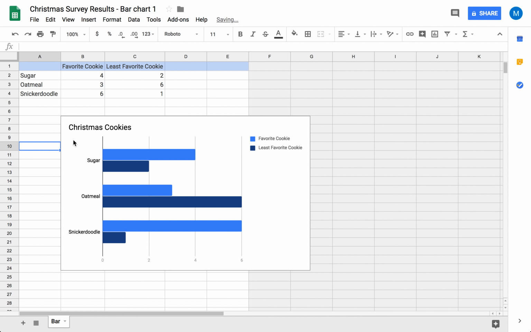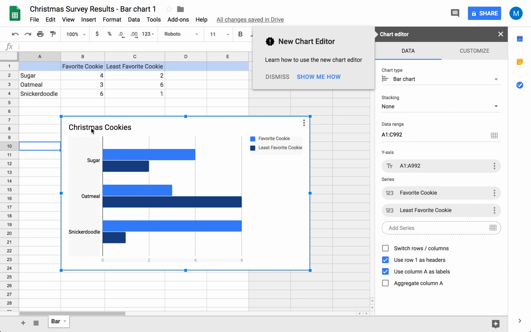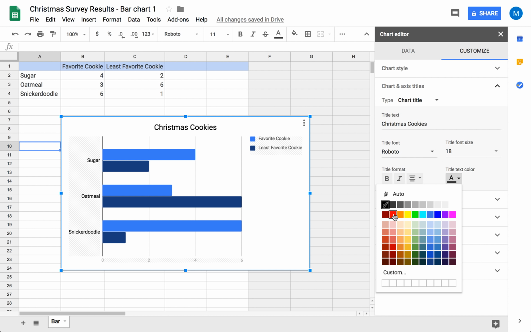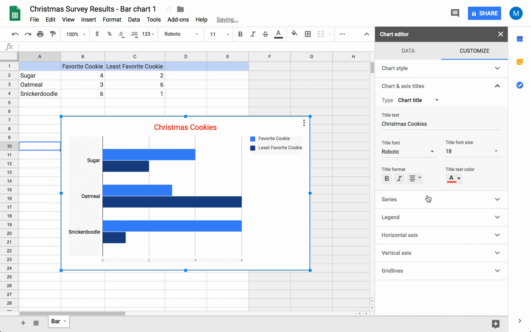That seems fitting. Okay, you can double click it to the left. I have my chart editor over here, right? I have the same options that I do. I want this centered. Okay, maybe I want my title in red. Okay, and then down here you have